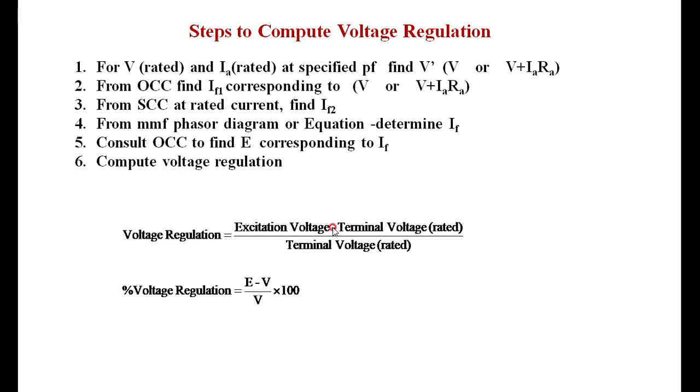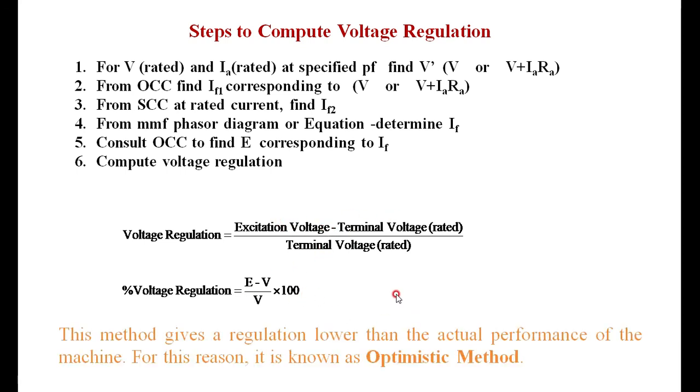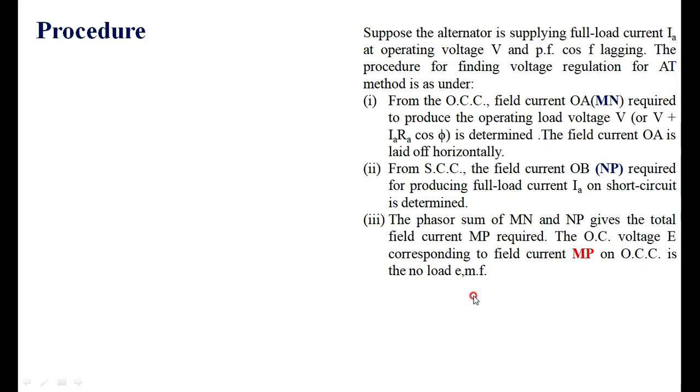The voltage regulation can be calculated as E minus V divided by V into 100. Okay, this method gives a regulation lower than the actual one. Therefore, this method is called the optimistic method of finding out the voltage regulation. The procedure is